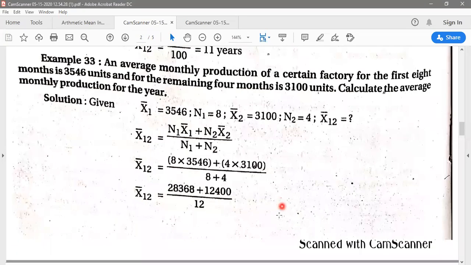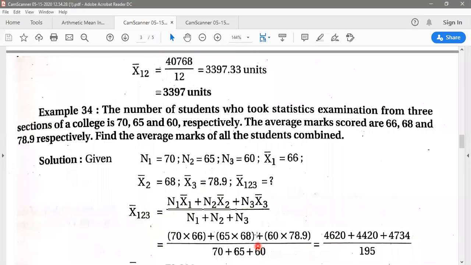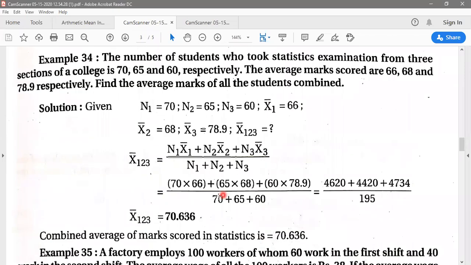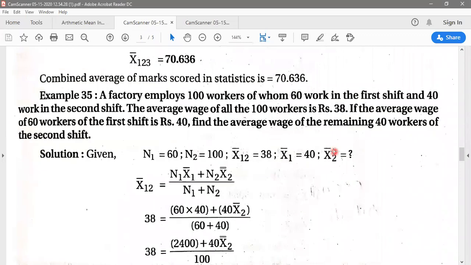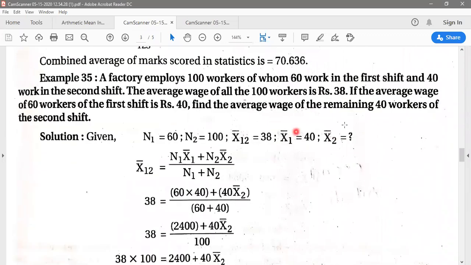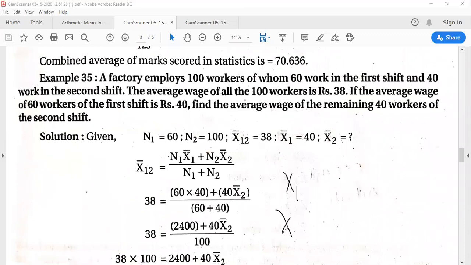Now in combined mean, again, you will have another type of problem where maybe you have to find x bar 2. Even in this problem, many of them take it as x1, x2, no, it is x bar 1. This x bar is important. Even in the formula, don't write it wrong. At once they will just put one line and they will cut the marks.